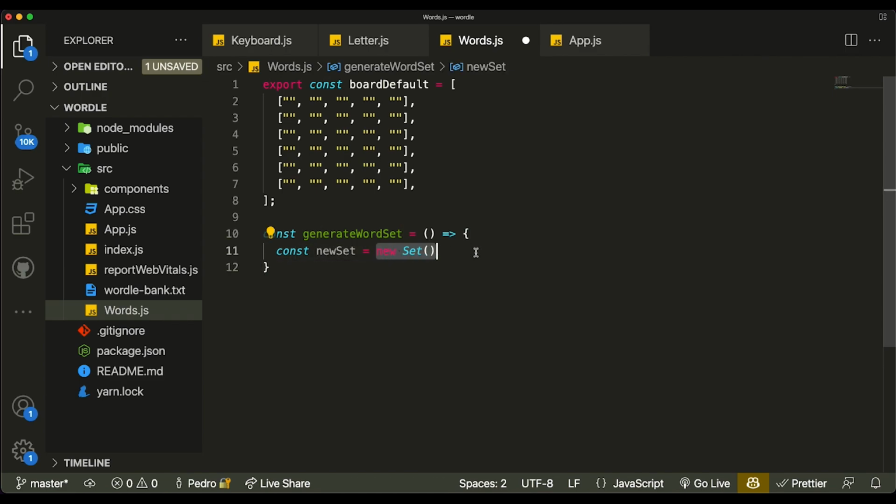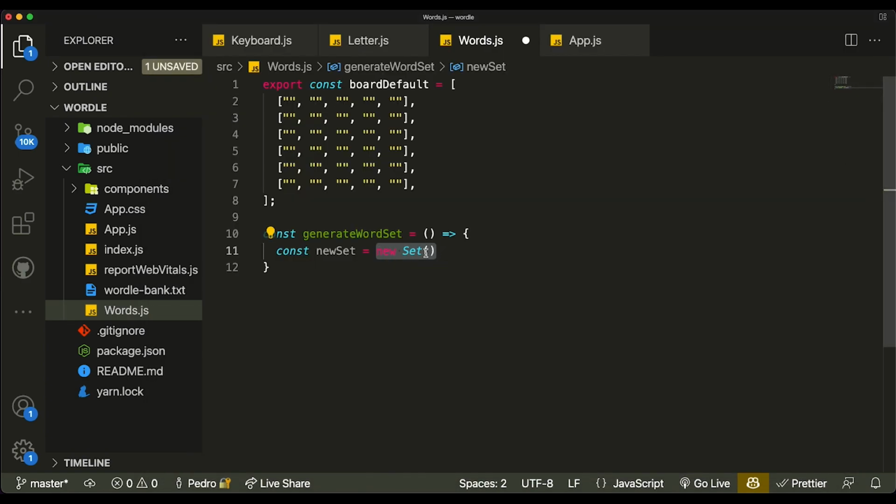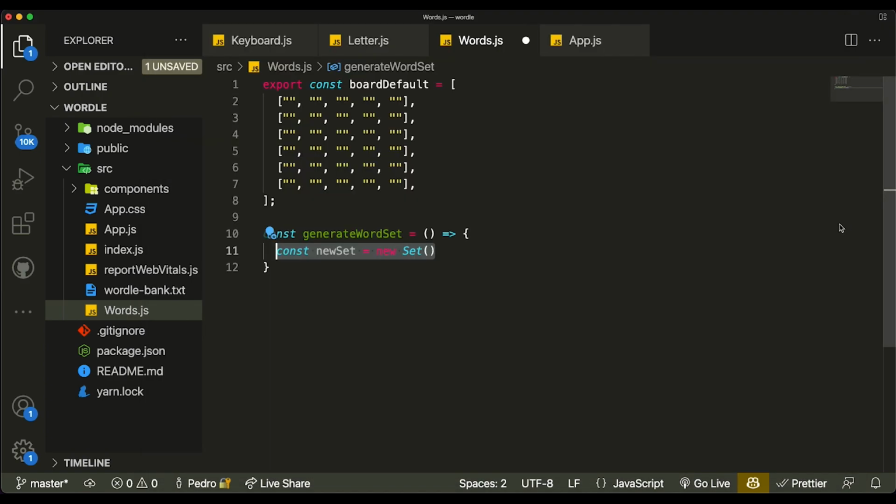And it's actually a data structure that is very good to be using. Now, the reason why I decided to make a set out of this is because every time you guess a word, I want to ask the code to check to see if the word you're typing over here exists inside of this set. Now, if any of you guys ever worked with algorithms and data structures, you would know that if you have an array instead of a set, and you use the includes function that we've used in this video so far,